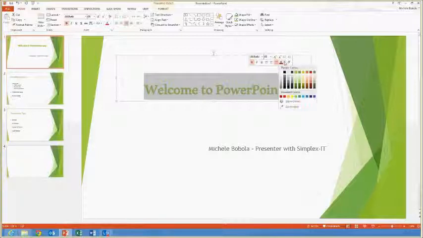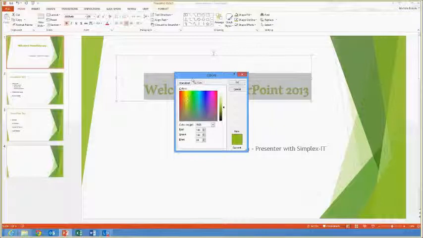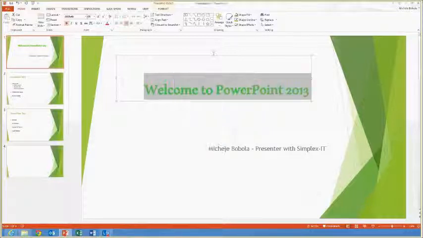I can go here to the font color, and I can go to more colors and go to the standard tab if the colors that you want are not listed in the drop-down list. You also have some other features up here where you also have a shadow. If you want to apply one, there's a shadow button in the font section on the home ribbon, so you can